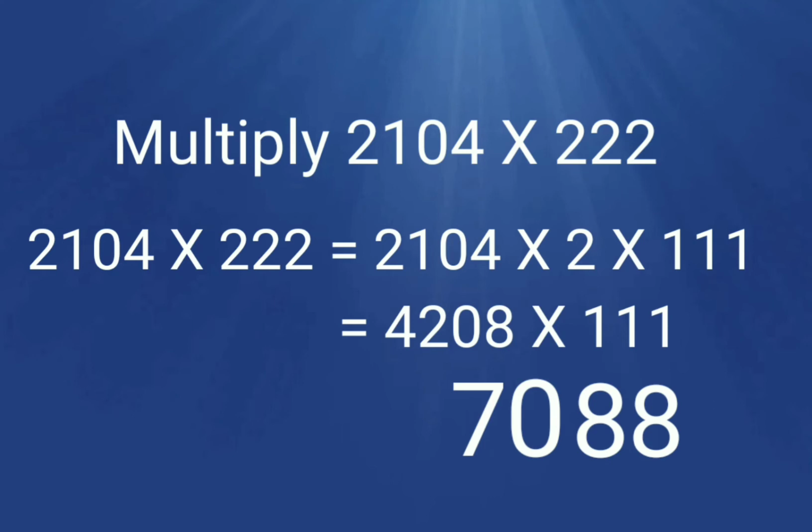Now group of 3 digits over. Remember that multiplier 111 has 3 digits, and so you have to add the group of maximum 3 digits. Now add first 2 digits, that is we get 4 plus 2 equals 6, and finally consider the first digit. So your answer will be 467088.